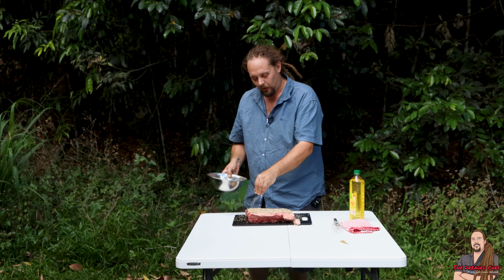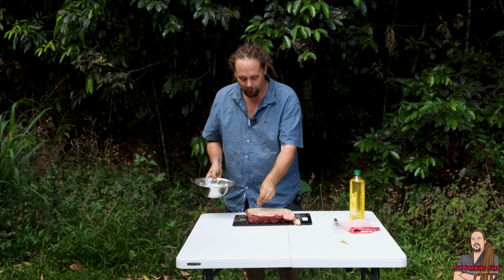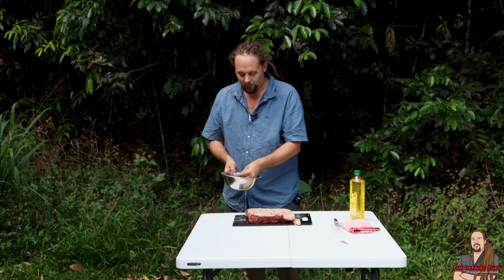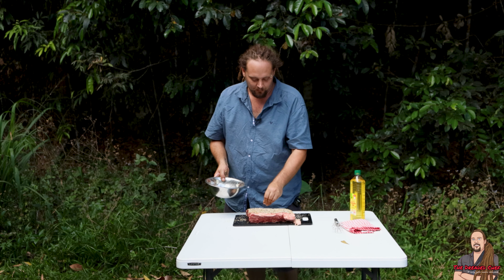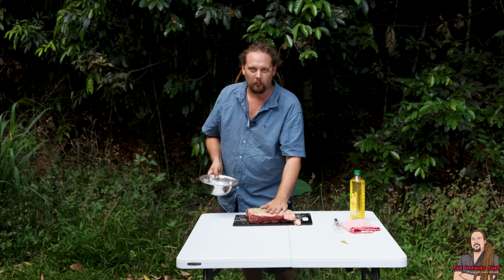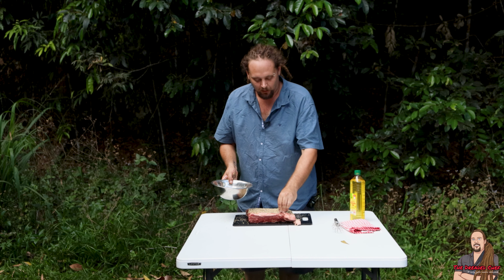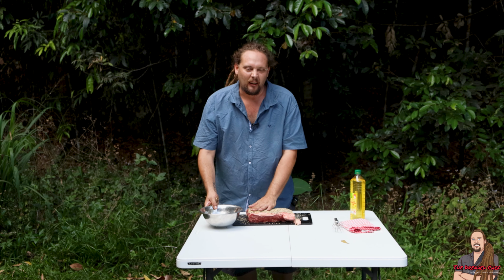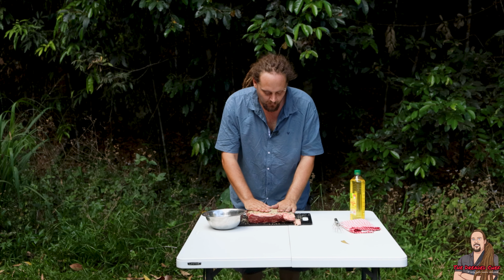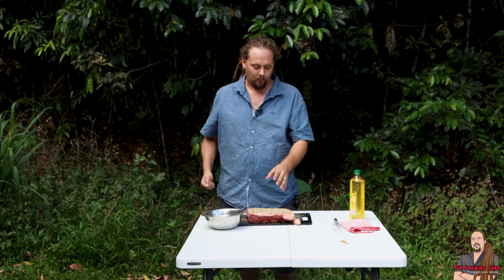When you do make your own SPG mix like this, the salt does get to the bottom very easily because it's, you know, thinner than the pepper and the garlic granules. Ideally, if you used a little bit more of a coarse salt, it wouldn't do that as much. Unfortunately, I didn't have that opportunity when preparing for today, so I've just used what I had, so it's all good. Alright, so I'm just going to go ahead and cover this beef rib up with the rub,